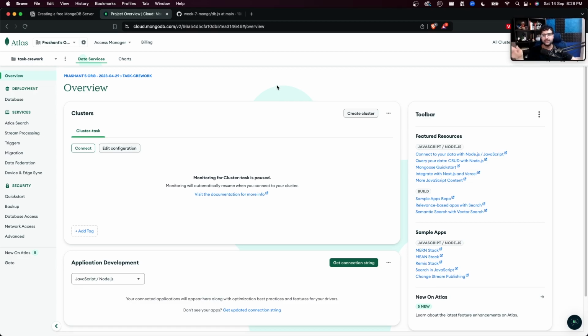When you sign up, it'll ask you do you agree to these terms and conditions, things like these. Agree to them, and then quickly try to reach this screen over here where there is a button called create cluster. Clearly it is telling you, okay, let's create a MongoDB cluster. Of course, a free one for now, but this button will let you create one. So I'm going to wait for 20 more seconds for you to